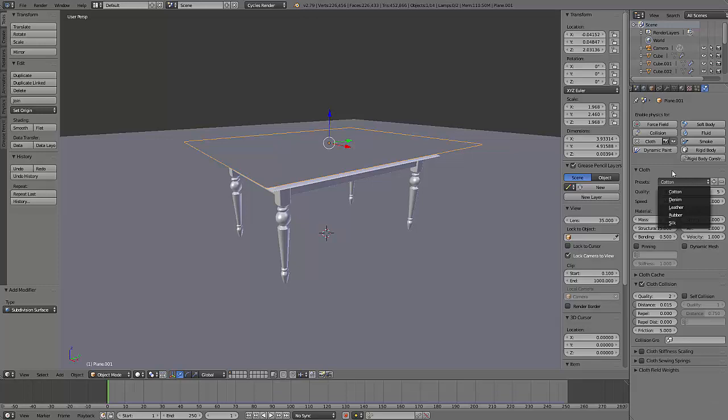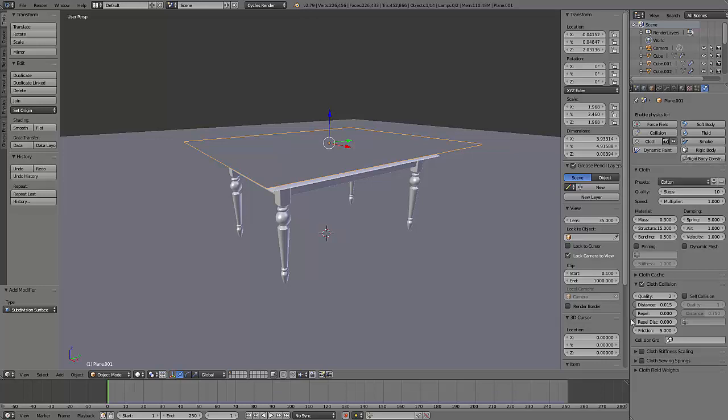On this default, I forget what it's called by default, click on it and you can choose different types of material, and that gives you different settings down here, kind of custom settings. I'm just going to click cotton for now. You could play around with it if you want. Steps quality, I'm going to go up to 10. Unless you have like an older computer, I would keep it simple and just probably go with 5, but you can play with that if you want and try it. So I'm going to go up to 10, and I'm going to leave everything else the way it is for